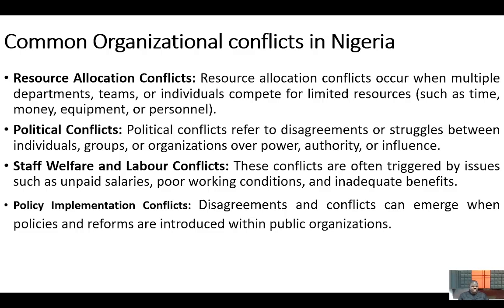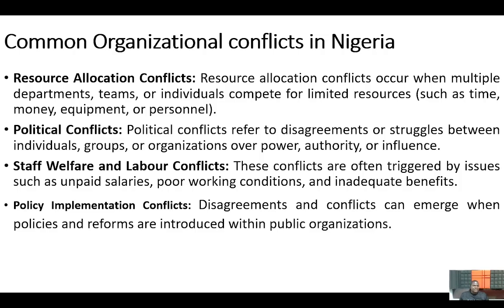Then we have policy implementation conflicts. Disagreements and conflicts can emerge when policies and reforms are introduced within public organizations. Now, the truth remains that policies and reforms are very important because they have a way of changing the narrative and adding value to an organization. But when a policy is taken without consideration, without informing those involved, you wake up one day and you hear, for example, like the case of the fuel subsidy that we are talking about,